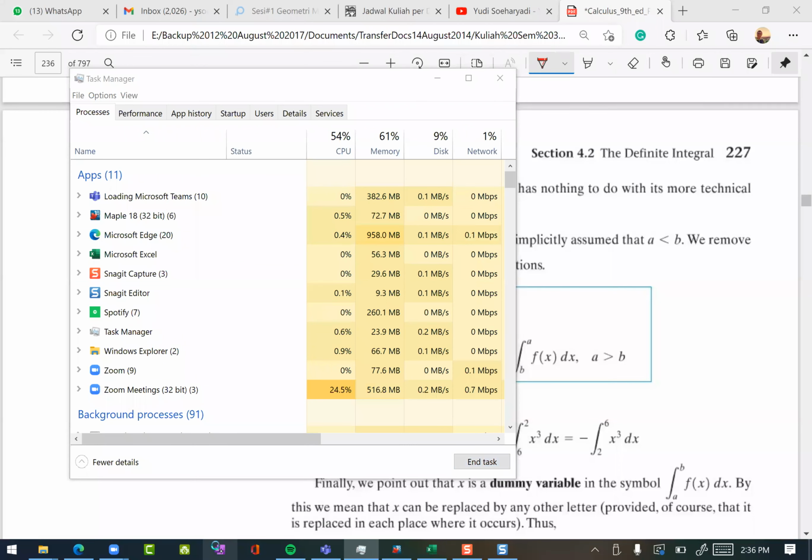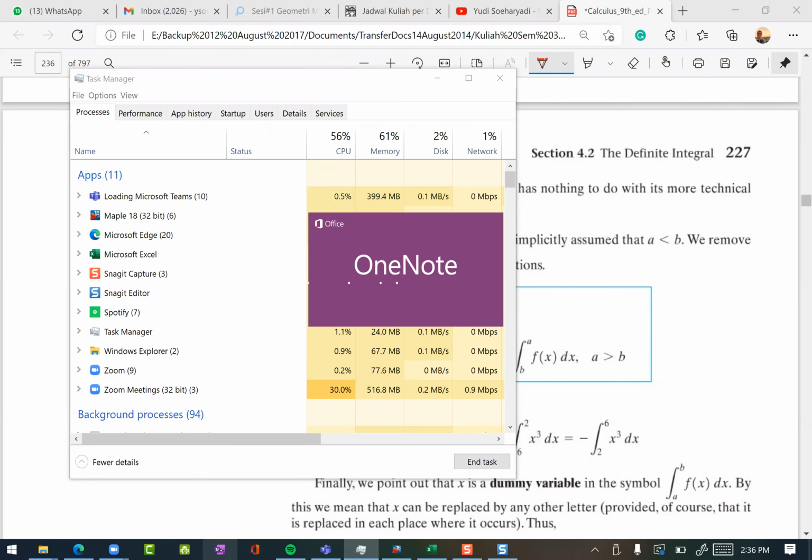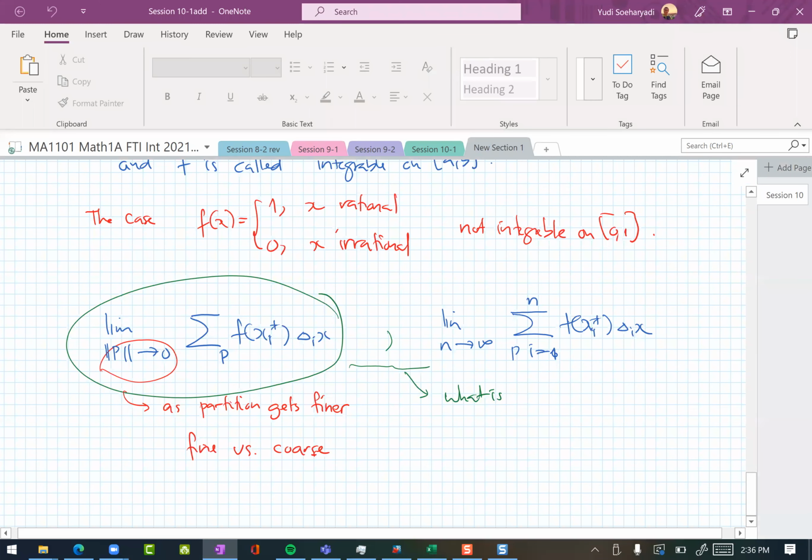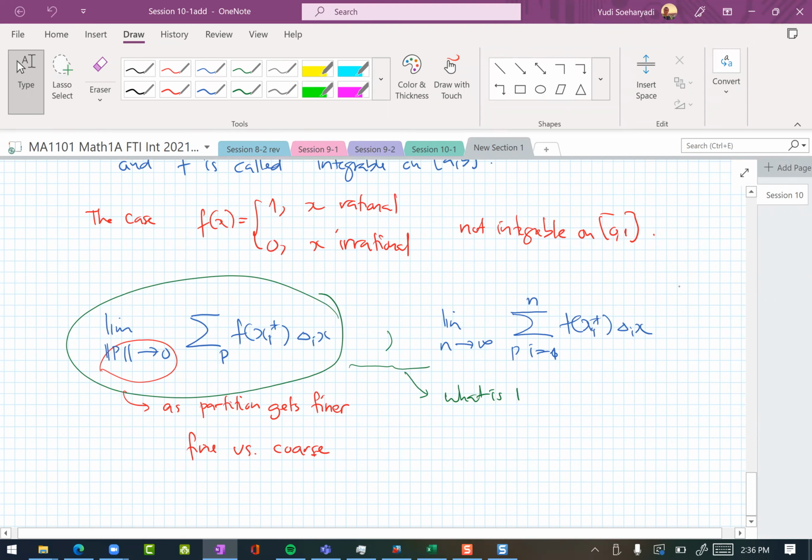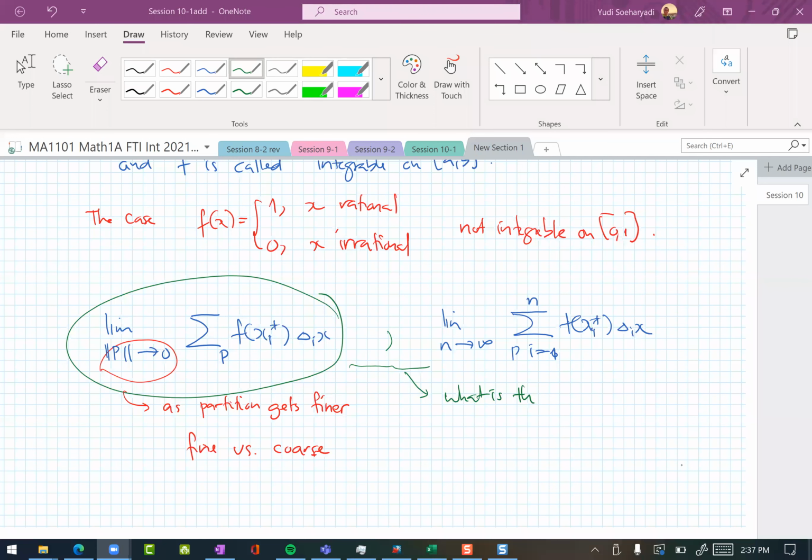Okay, and that is sorry. Let me just stop share first, and then let's do a little bit. Is the difference. So